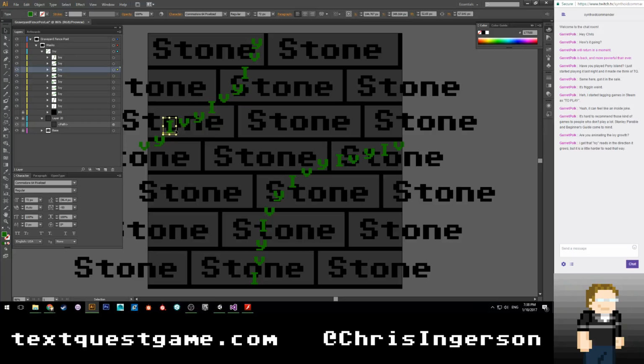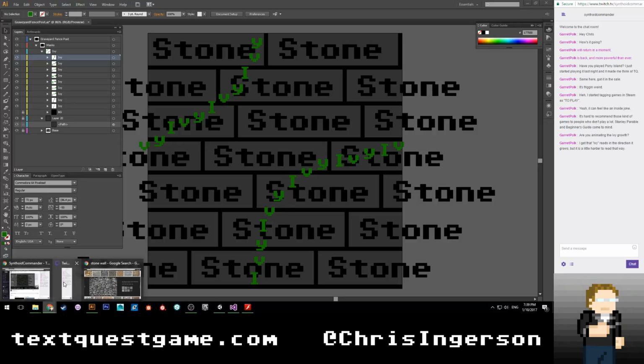Just eyeballing this real quick. All right, one more. Looks a little too rounded, actually. Like, it lines up, I do know that, but I think I do want to